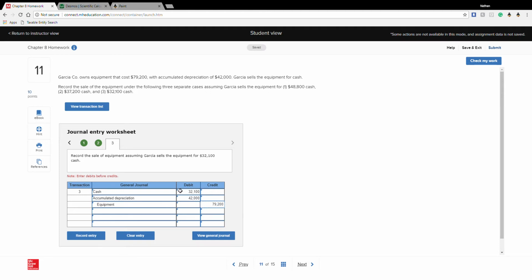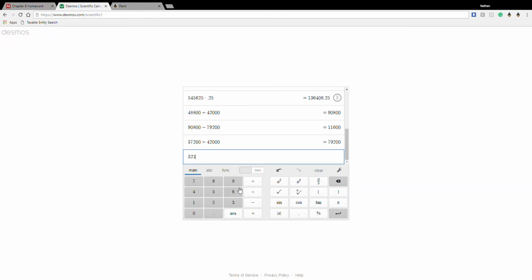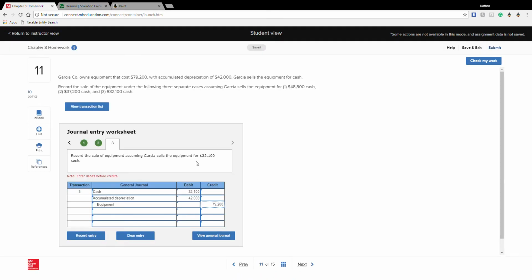Okay, so let's add these up and see how we're off. Most likely, this looks like it's already going to be less. And it indeed is. So this time around, we're going to need a debit to match it up to the equipment. So since we have to follow Connect rules,